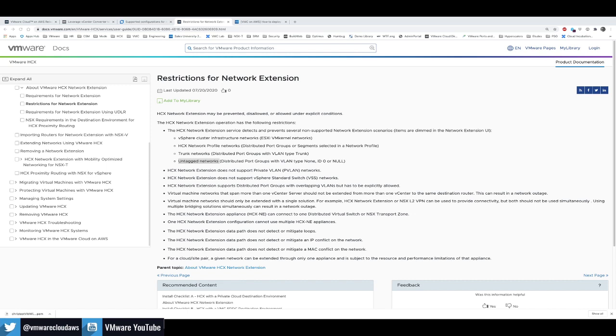By the way, for network extension, HCX deploys one network extension appliance on-prem and, at the same time, one in the cloud, and an IPsec tunnel is established between the two HCX appliances to do the network extension. Once the networks have been extended to the SDDC, then you can start the workload migration. So you're going to have one